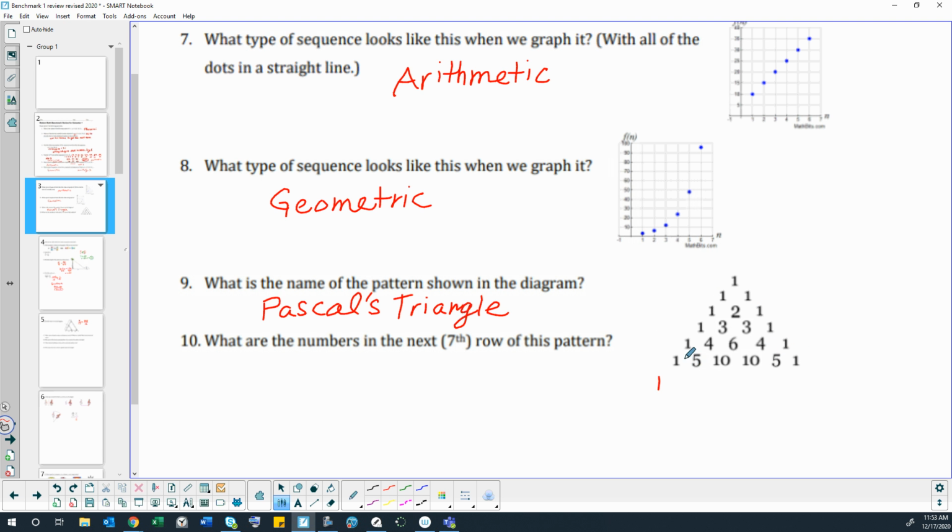So let's figure out the next row. So we start with a 1, 1 plus 5 is 6, 5 plus 10 is 15, 10 plus 10 is 20, 10 plus 5 is 15, 5 plus 1 is 6, and we end with 1. So we can keep going with this pattern as far as we would